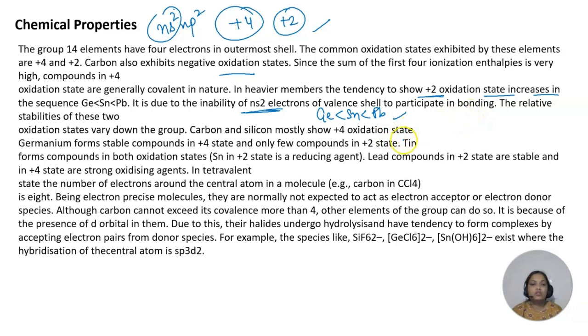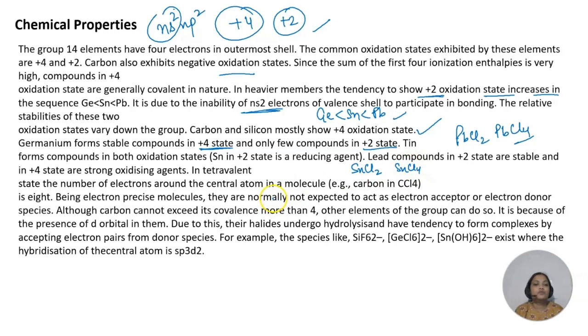Carbon and silicon mostly will show +4 oxidation state. Germanium forms stable compounds in +4 oxidation state and few in +2. Whereas tin and lead, they will show +2 and +4 oxidation state. Like we have stannous chloride, stannic chloride, like PbCl2, PbCl4. So they will show +2 as well as +4 oxidation state also. Okay,